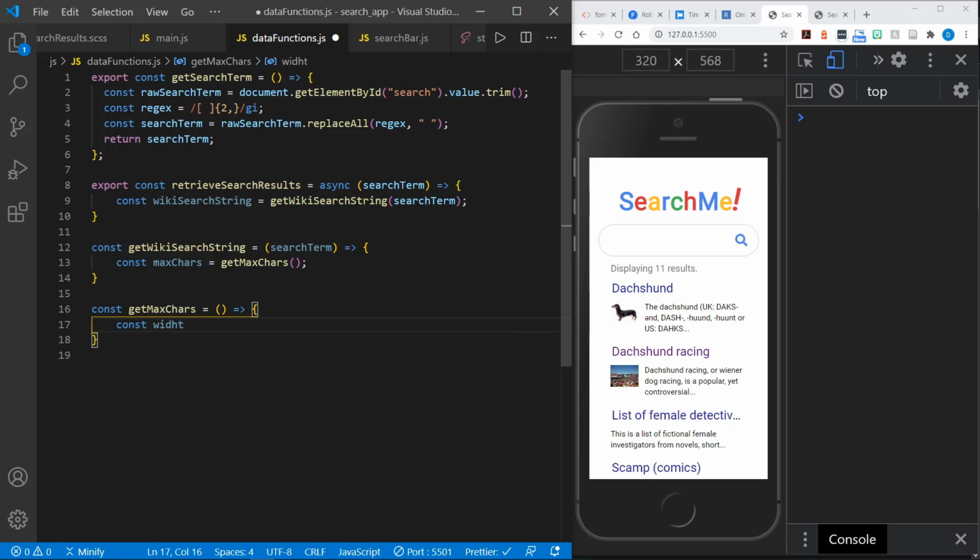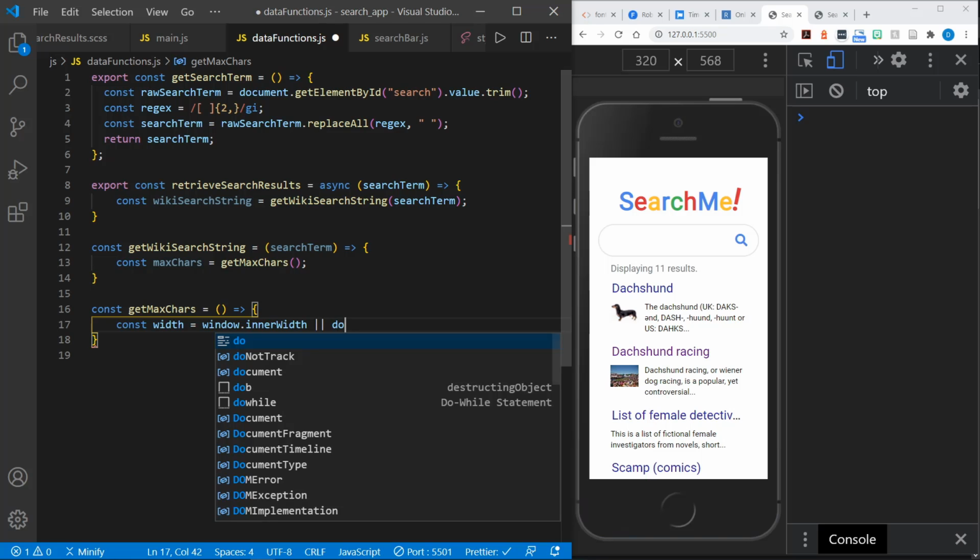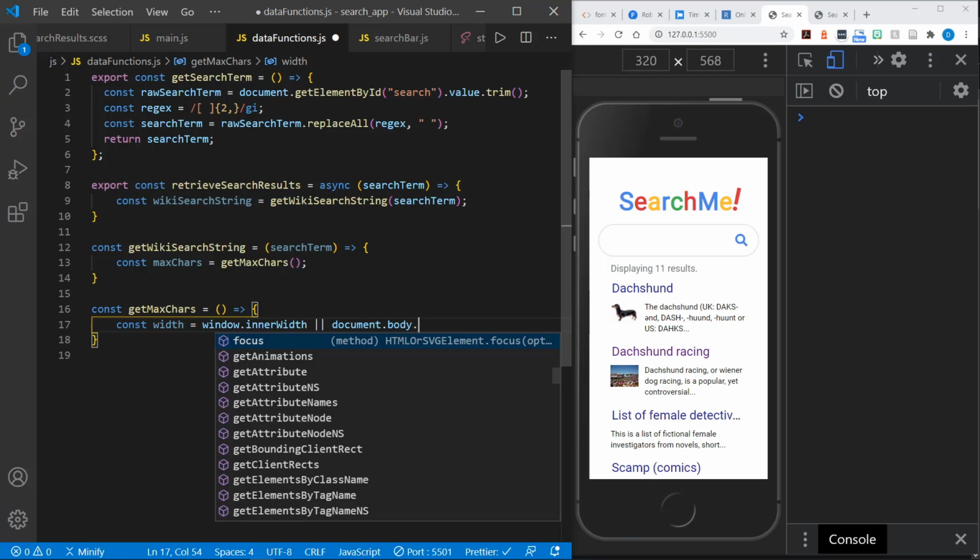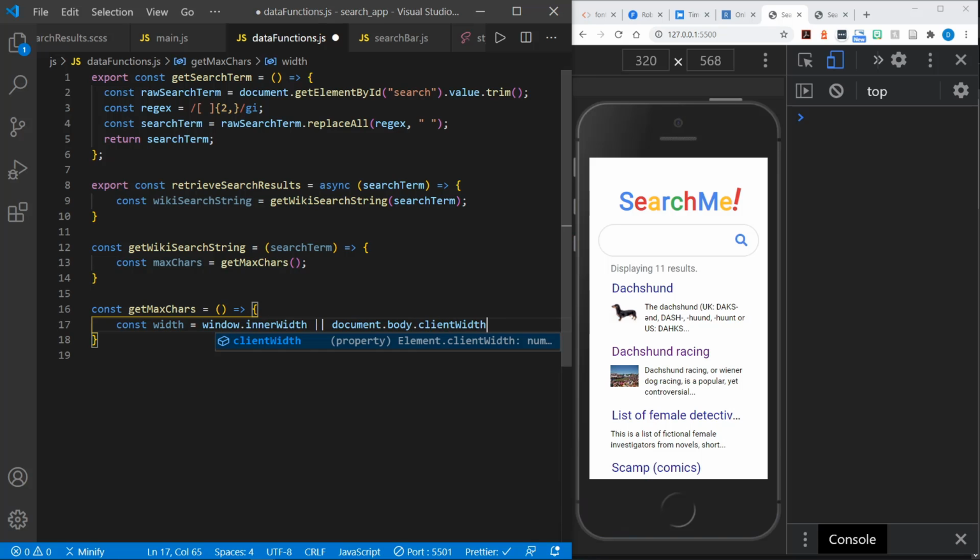We have to define the width of what our current screen is. So we'll get that either through window.innerWidth or from document.body.clientWidth. It's one of those two. Either way, we'll get a value back that will be our viewport width, and then we'll say let maxCharacters,